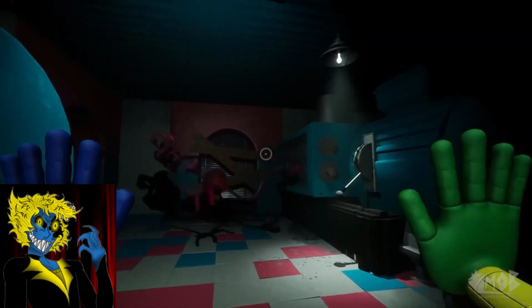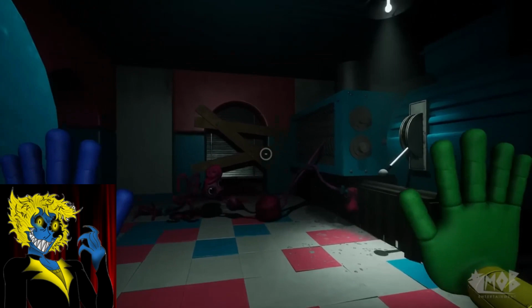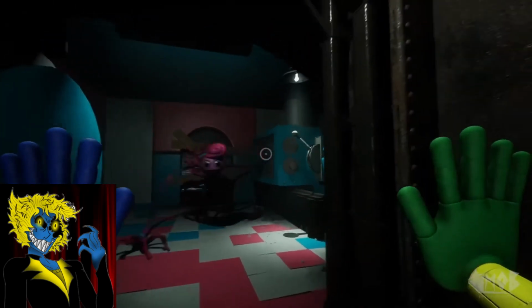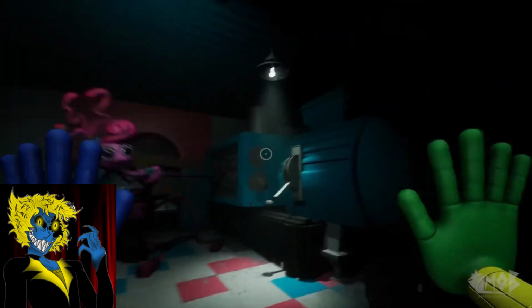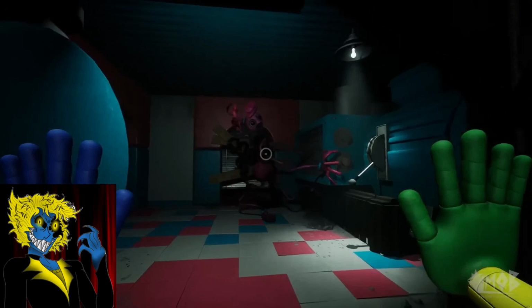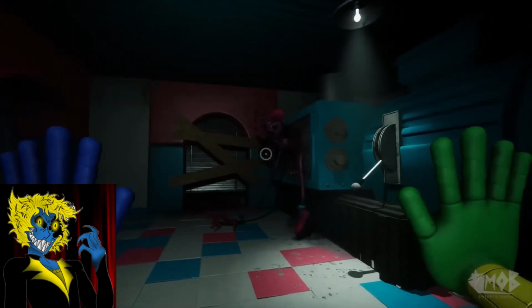One of Chapter 2's most infamous moments is the death of Mommy Longlegs. After minutes of running away from Mommy, you're backed into a corner with no way out. But just as all hope seems lost, you pull down a lever that activates a grinder. Mommy's arm is pulled into the grinder and she desperately tries to escape, screaming for her life as she's slowly